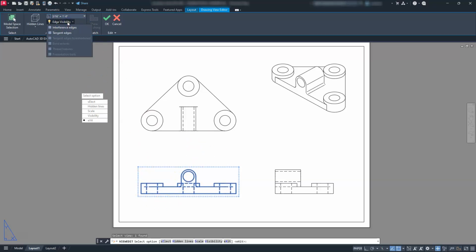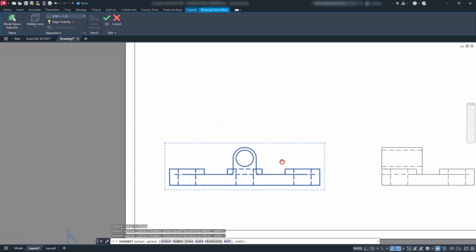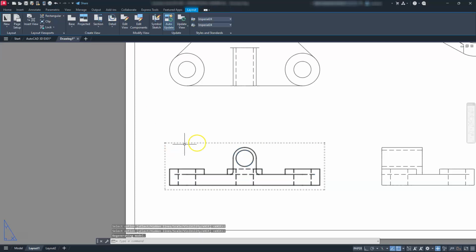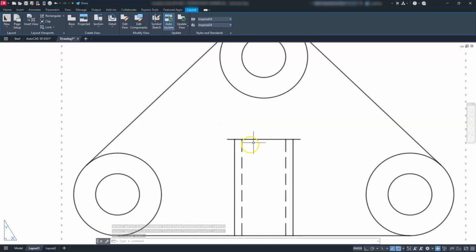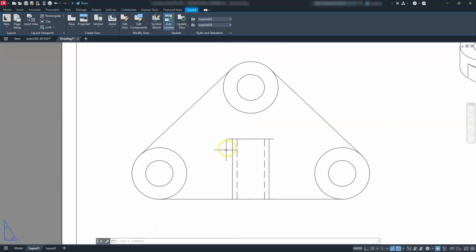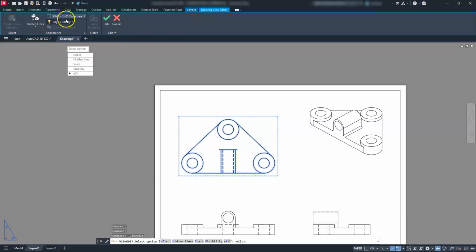So if I want to change the edges of this one and say, hey, put those tangential edges back on, you're going to see that now I'm getting these extra lines that are popping up here. So remember that anytime you're making your 2D drawings, you don't really want to put those edges on because it will complicate things and make it that much different. But one thing I do wish is that I can get rid of this little extra part here. Now in this top view, you might want to leave those edges on. That's totally up to you,